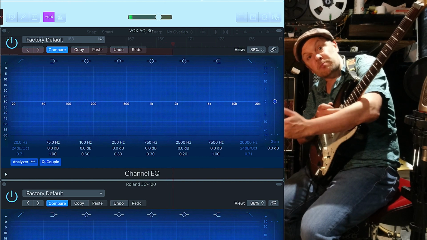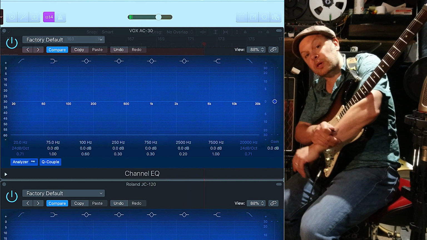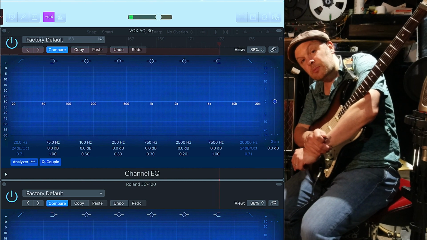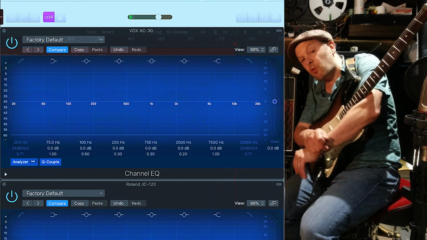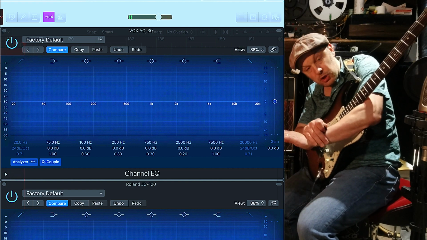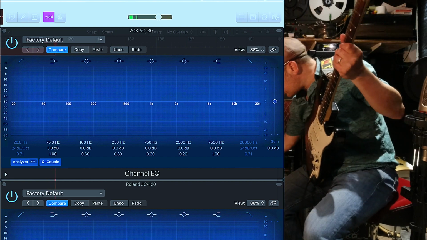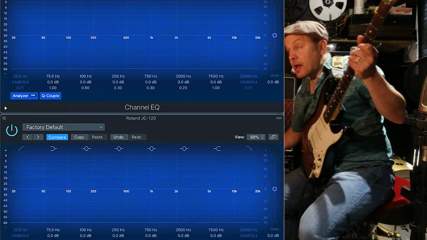That's the reason why it's perfectly fine to put a Shure SM58, for example, in front of your guitar amp as opposed to a condenser mic. But a condenser mic will be a bit more refined and will be better at the bass end than a Shure SM58 would be. Now if I swap over to the JC120, the bottom amplifier here, we're now going to